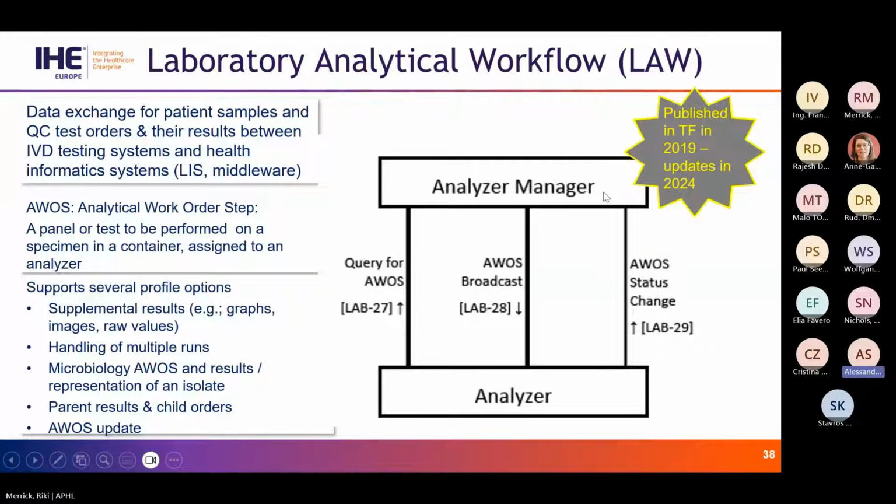Here we are addressing the use cases where an analyzer manager has already received from the lab the list of tests to perform for an order, and he splits the order into a series of analytical work order steps, which are some atomic parts of the order, atomic tests, we can say,